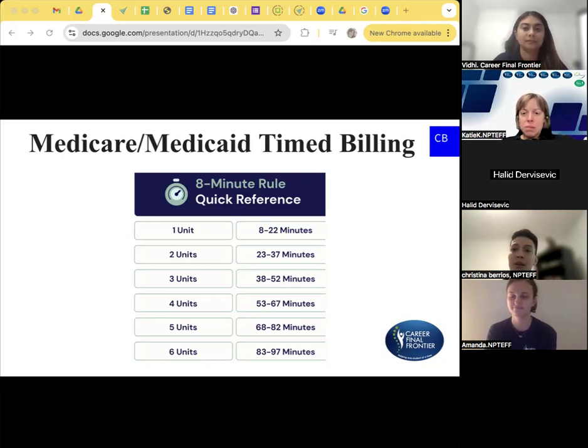How I document their ther ex, their ther act, neuromuscular re-ed, any of that is not necessarily the most important thing because they don't always audit. They more audit the time and the amount of units. And we have a total minutes per 7 days requirement to stay on our unit to continue to get insurance authorization. So it's more important that your patients are hitting 900 minutes every 7 days that are divvied up into these units. As you can see, there's specific minutes that go with a specific amount of units.